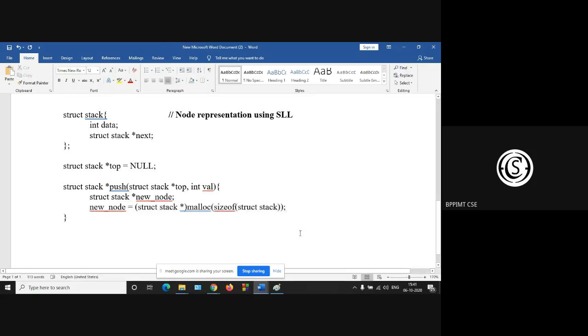Then you have to insert the value. So new node data is equal to your val. So the value is inserted at the data part of the new node. Okay. Now